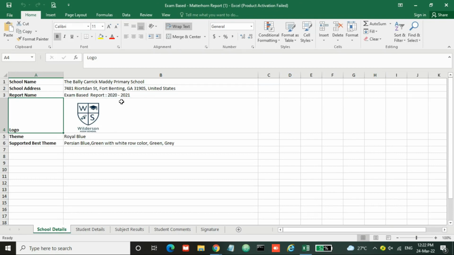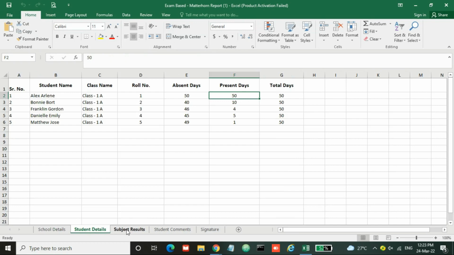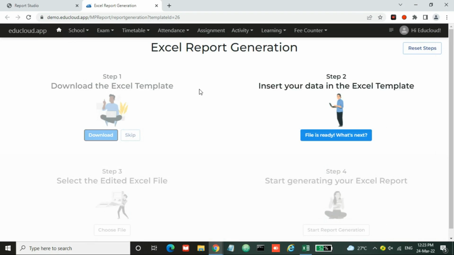So here is some school name, address, and report name, which are random, and you need to enter your school, institute or college information over here, as in the provided sheet. Now after entering or replacing all the data, you need to save and then again go to Excel report